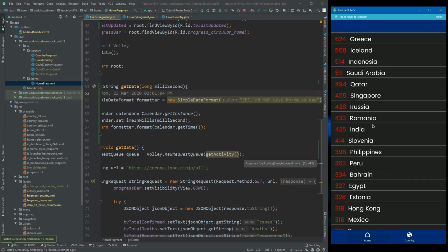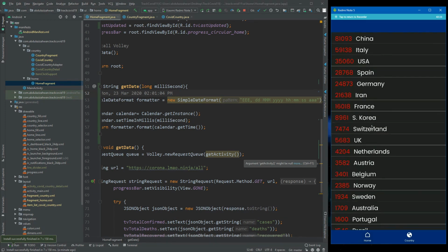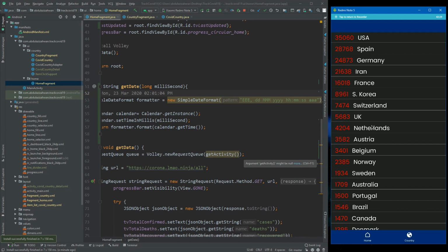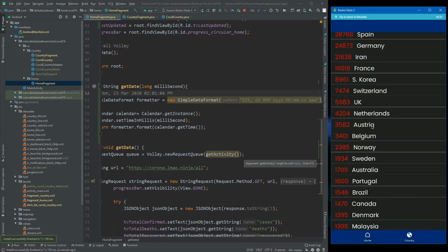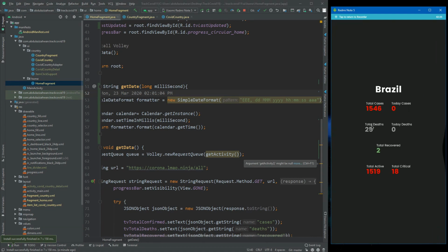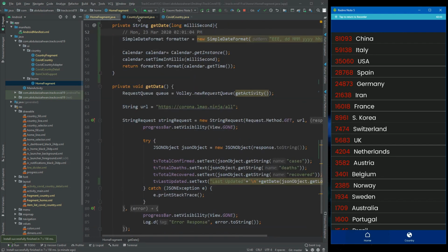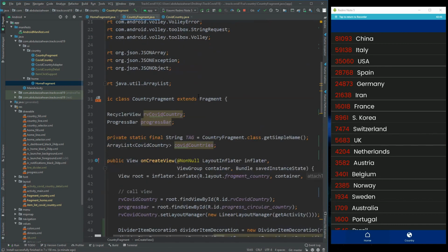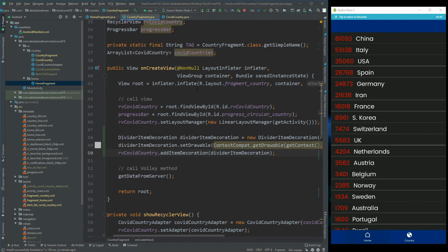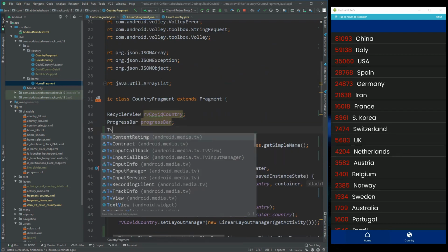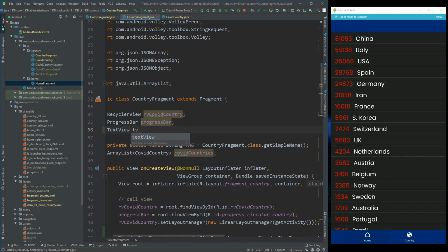So let's click one item, let's say China, and we see the detail, and then let's say Netherlands, and yeah. So I think we need to give a padding, and we need to set this. So we go back to our country fragment, and we call our text view, let's say here maybe, TV total country,